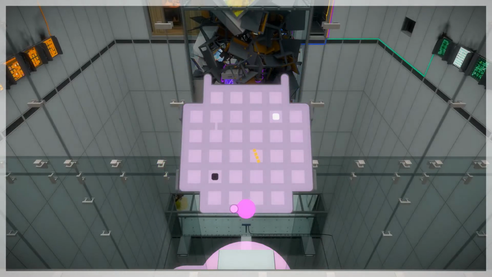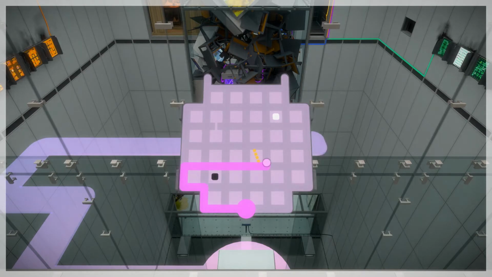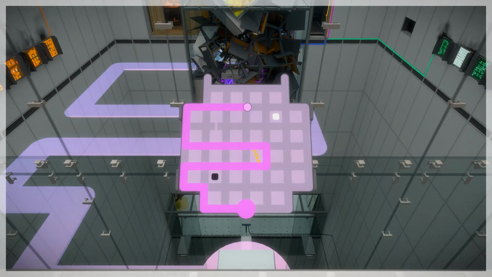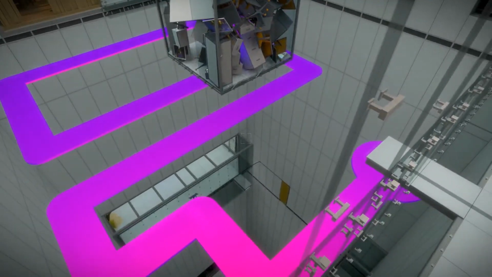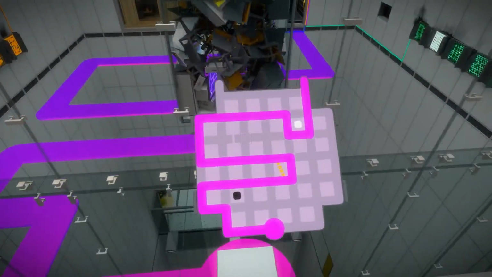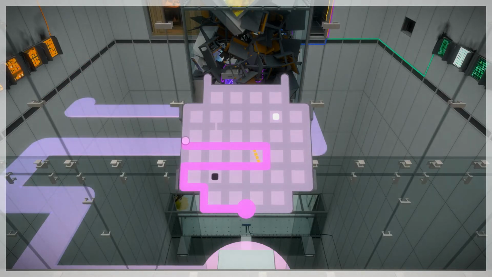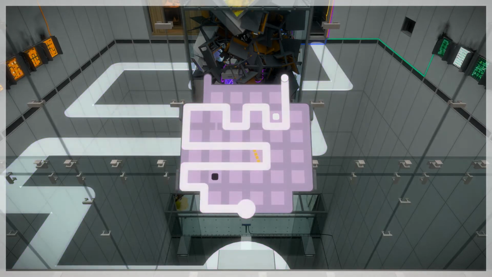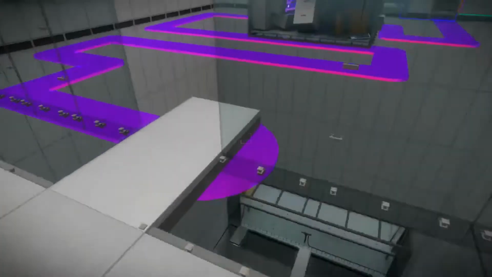Alright, let's try from a different angle then. We should be able to do like... this. Let's try that one more time. Let's do it like this instead. That should allow us to get... Yeah, that should work. That should allow us to go through the little tower of...